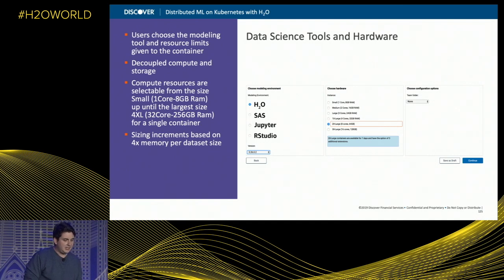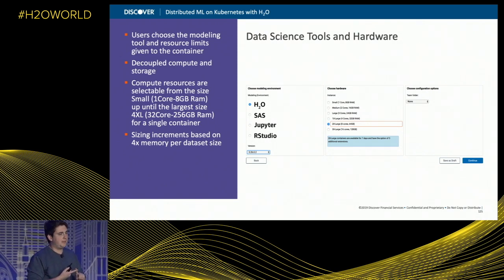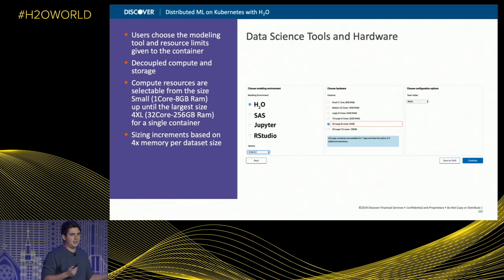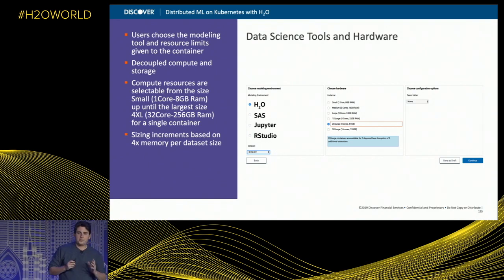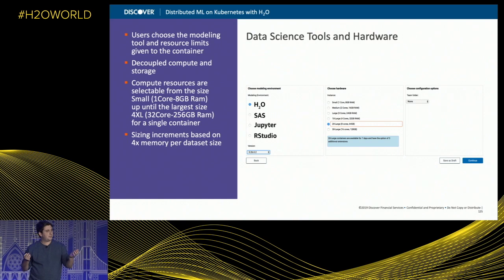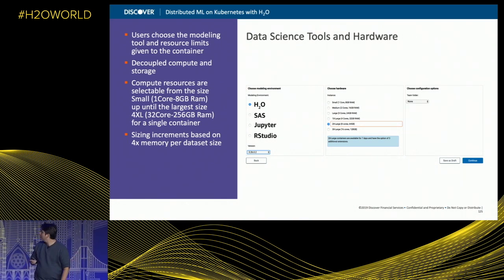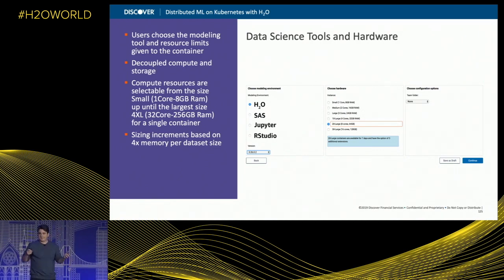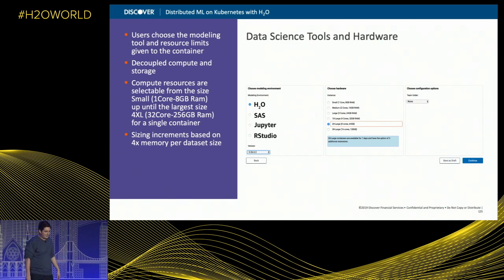So first, like Tintu mentioned, AirMine is our self-serve data science workbench. We took this whole container-based approach. One, decoupled compute and storage was the main part, but the key advantage of containers is there's also isolation between software and hardware. We don't want to configure a whole system for multiple users. We want the users to make their own customizable, flexible environments for them to use, such that user one can try to break, destroy, ruin their container as much as possible,